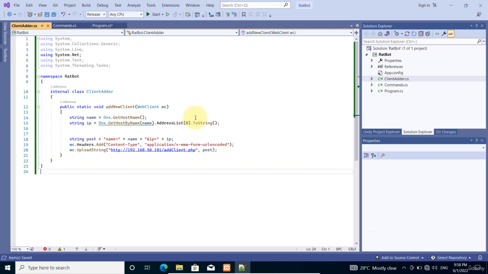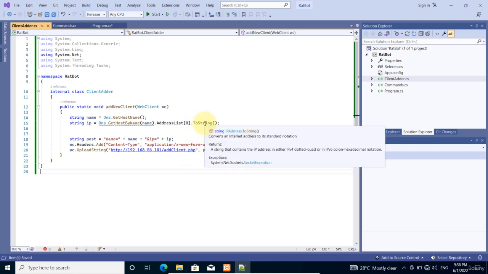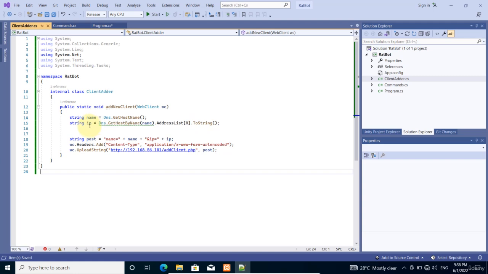The array for the first element contains the IP address, and then we convert it to string and we save it to the string IP. And here is where we create our post. This post will have two keys, the name key followed by the value, and the IP key followed by the IP value. And this corresponds with